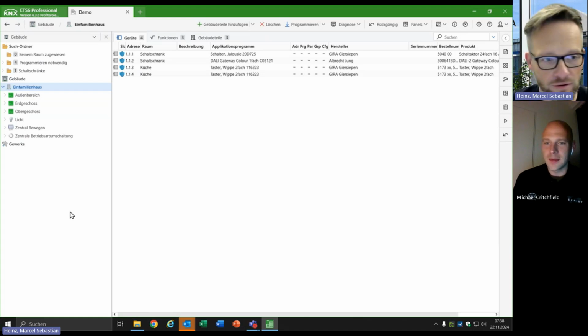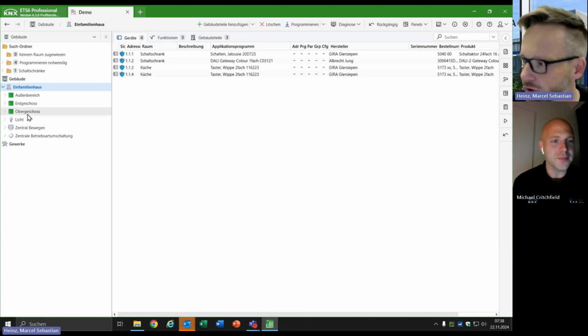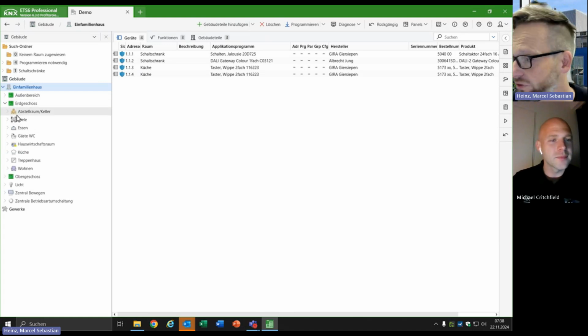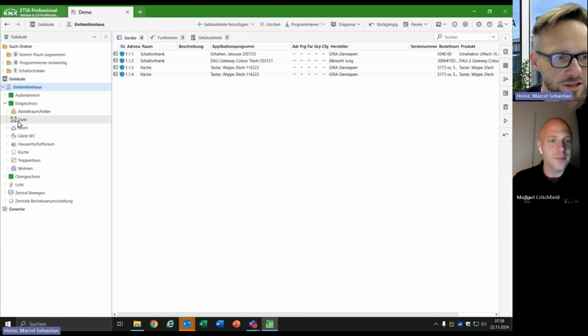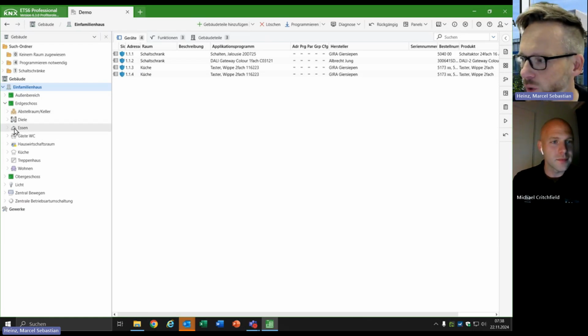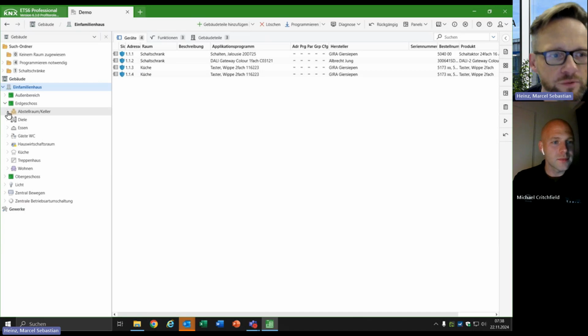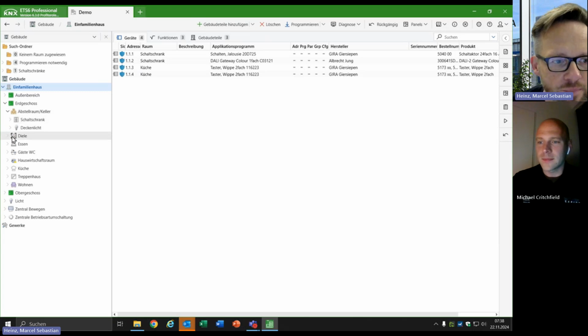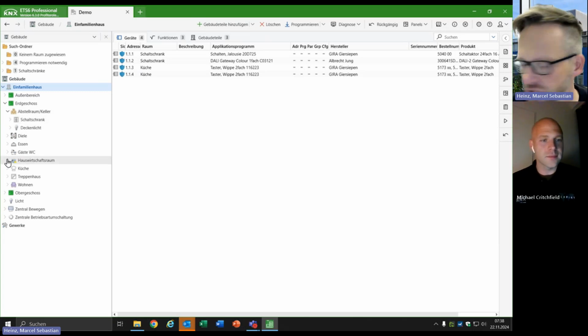Using the project creation wizard, you are able to not only create the project and the building, you are able to create functions within your project.